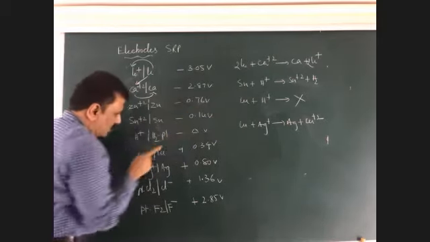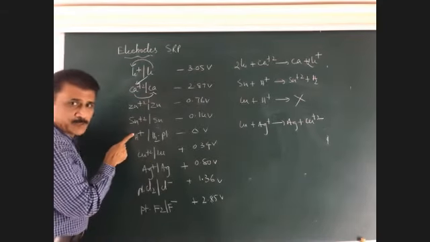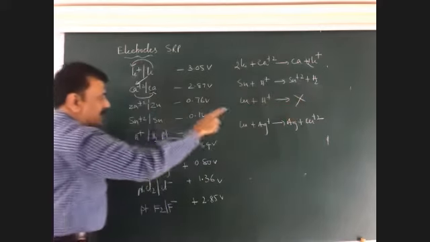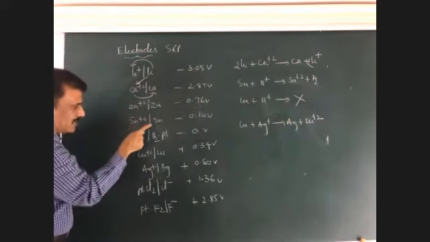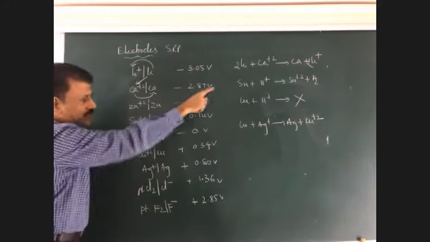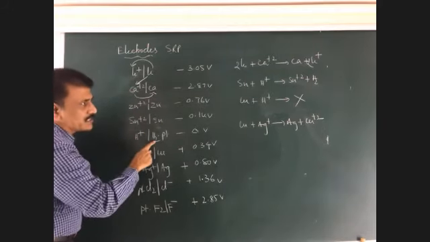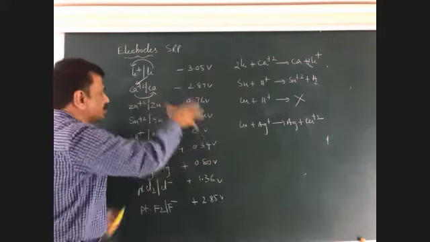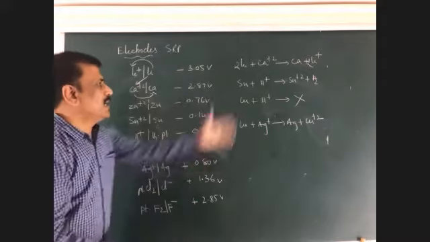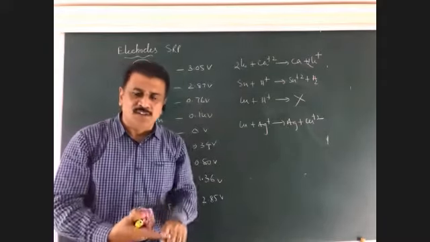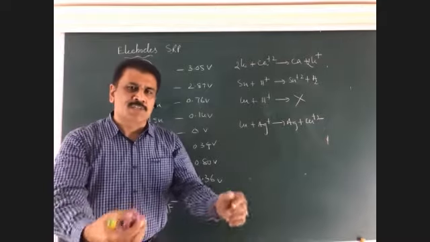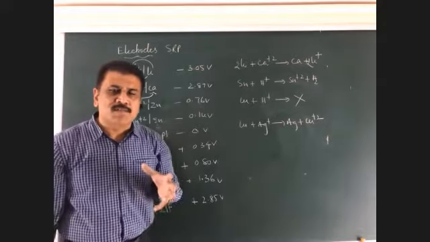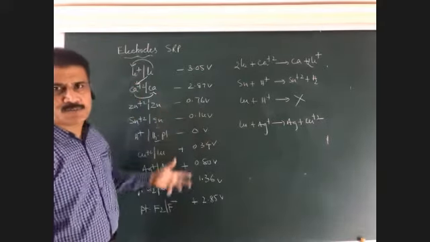This equation, copper does not react with H+. Therefore, this is also right because I have taken non-reaction here. And if the reaction is given, check this: tin reduces H+ and changes into Sn2+, and H+ changes into H2. So likewise, you have to understand the equation. Based on this electrochemical series, entire chemical equations are written, even in the groups, even in kinetics, whatever the chemistry concerned, all the reactions are based on the electrochemical series. That is one of the very, very important features of this electrochemical series.